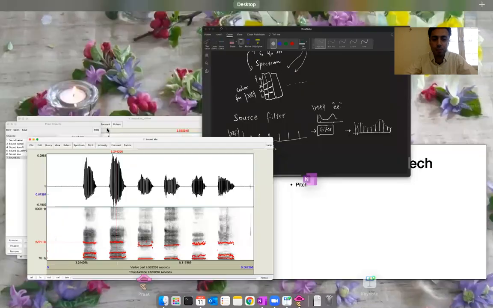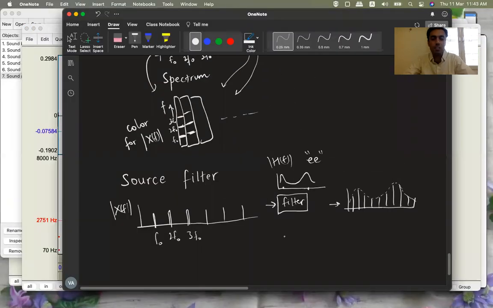Similar, so the same thing is done by MFCC features also. In MFCC features, you first compute the spectrum, right? And then you compute the magnitude spectrum. And then you do a DCT, discrete cosine transformation, in which you consider only the low frequency components. Low frequency components are essentially these envelope things, right? As you go to higher frequencies, you will be capturing the individual peaks, but the low frequency will be the overall shape. That's why you take the top 13 or something low frequency components of your